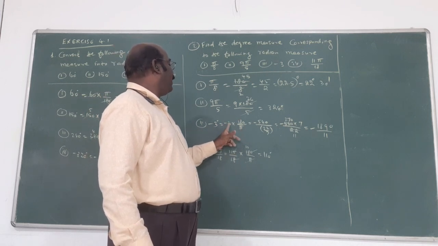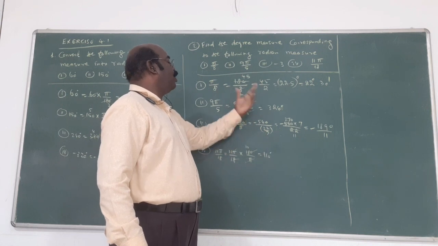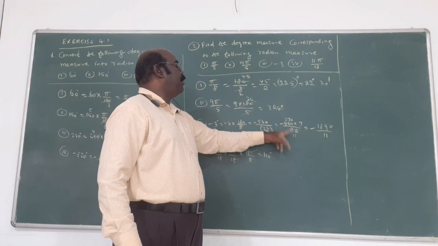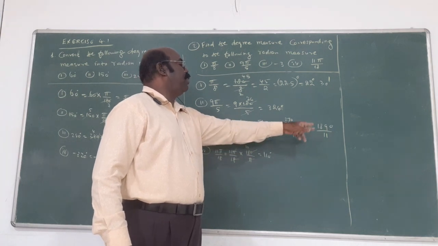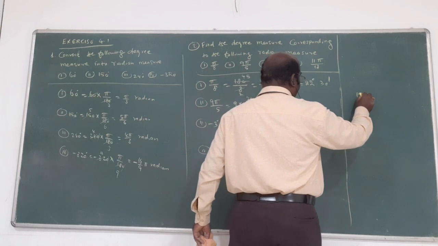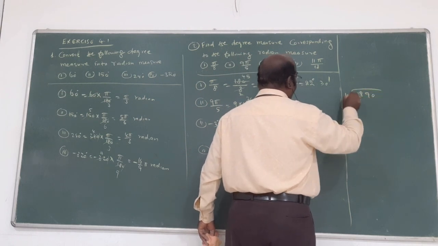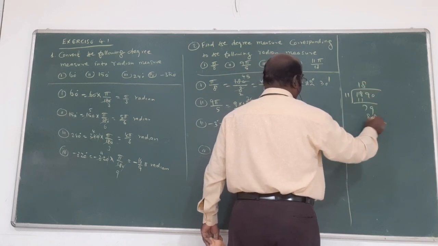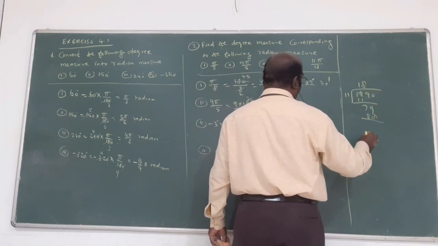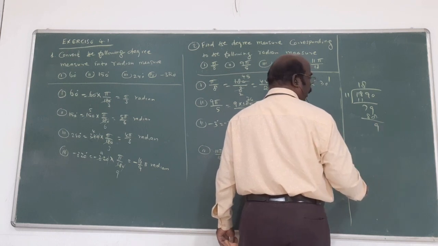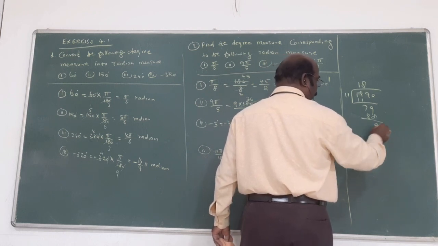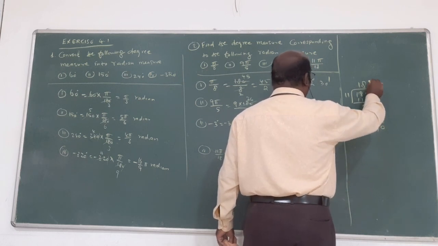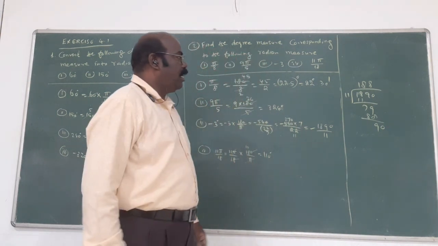Then multiply by 3, 540 into 22 by 7. This is minus 540 into 7 divided by 22. 2 times cancel, 11 times 2, 7 times. Multiply again, 1890 by 7. Therefore, the same thing, 1890 divided by 11. How much time? 1 times. 8 times 8, 0. 9 times. Again 0. How many times? 8 times. In this way, you want to divide.